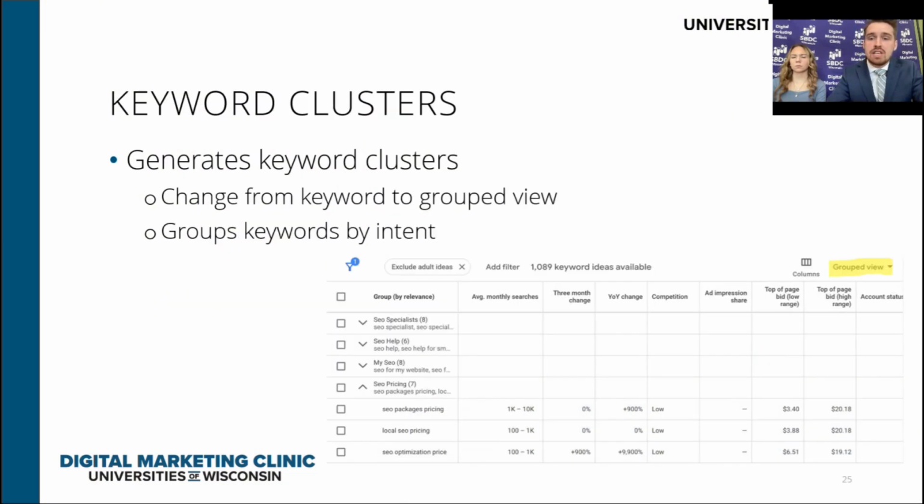Keyword Planner will also make keyword clusters for you. To access the clusters, you want to change the view you have selected from the view dropdown. I have it highlighted on the image there. These clusters are keywords that are grouped together by search intent. So it is easier for you to compare similar keyword options. So it'll just group them for you. And if you know you're looking for a keyword in this specific group, you can expand it and it'll tell you all the keywords that pertain to it and all of the metrics that you want to see on them.